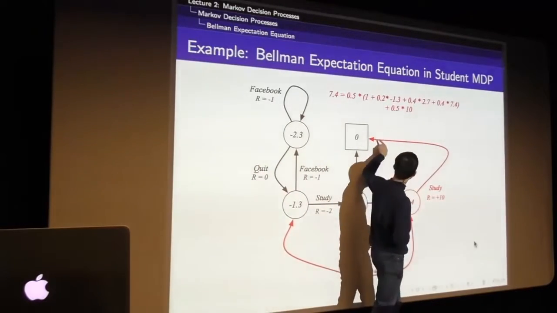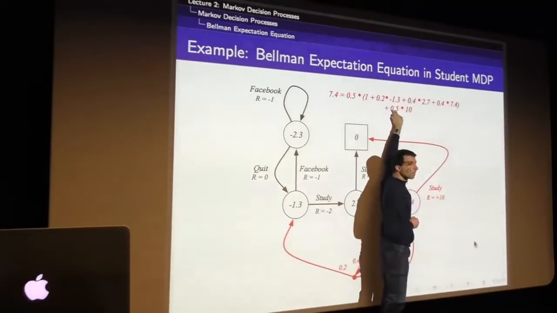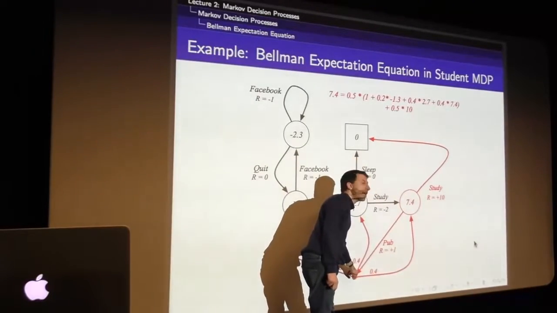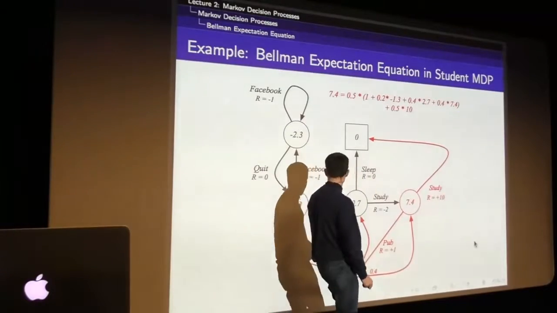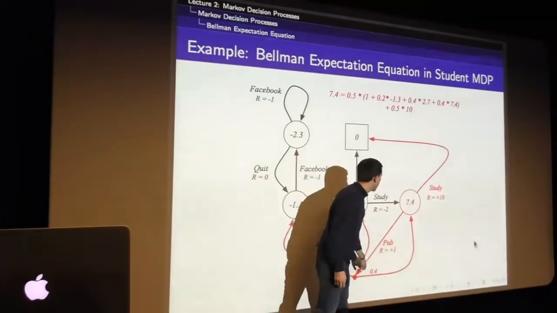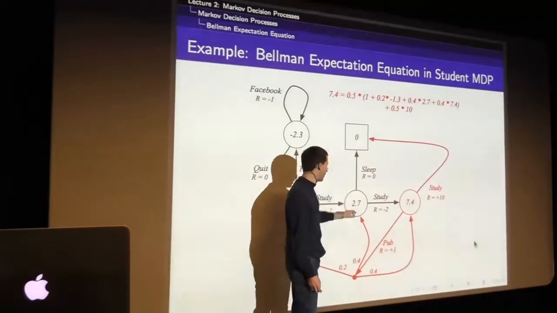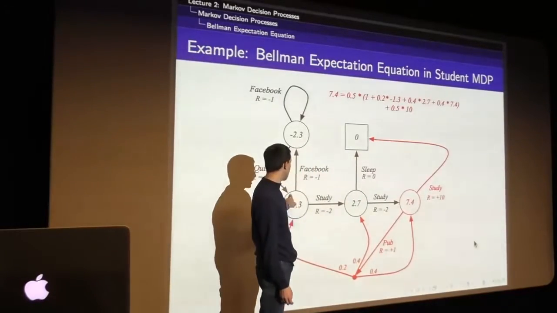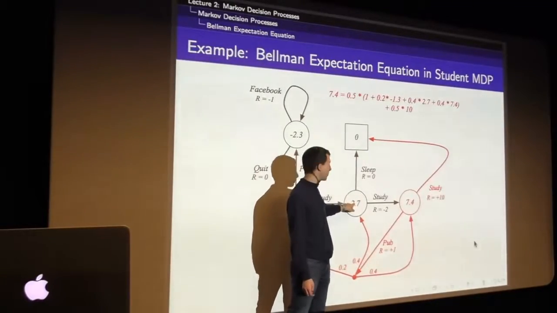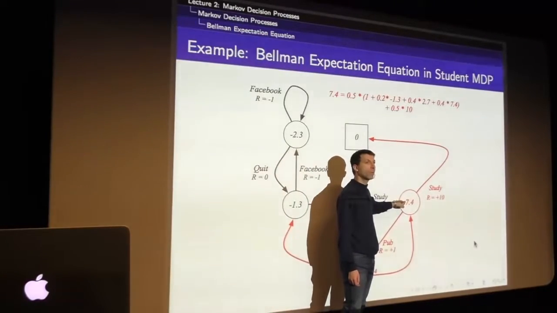There's a 0.5 chance we'll take this arc and get plus 10 reward. That's this part here. There's also a 0.5 chance we'll end up taking this arc, end up in the pub, and the pub might take us with 0.2 probability over here, 0.4 probability over here, 0.4 probability over here. And in each of those cases, we'll end up in a different state with a different value. So there's a 0.2 chance we'll end up in this state here with value minus 1.3. There's a 0.4 chance we'll end up in this state with a value of 2.7. And a 0.4 chance we'll end up in this state here with a value of 7.4